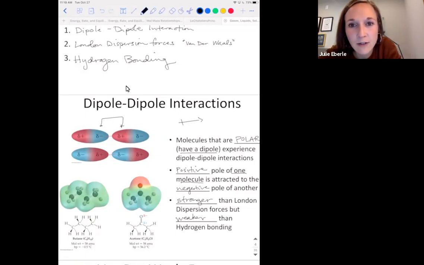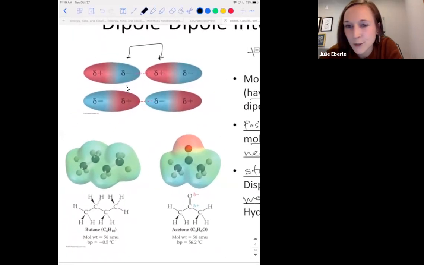And we're going to look at a difference on a very real property. Boiling points and melting points are properties that we can measure for any substance. You guys remember when we talked about specific heat? Specific heat will affect boiling points and melting points as well. But dipole interactions will affect those. So look at these molecules down here. Which one would you say is polar? Which one is non-polar? Let's talk about butane. Butane is C4H10. Carbons and hydrogens only. Do you think this molecule is polar or non-polar?